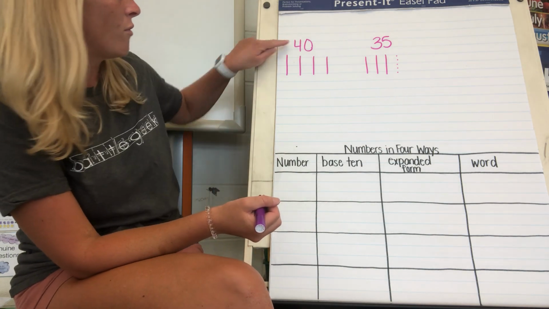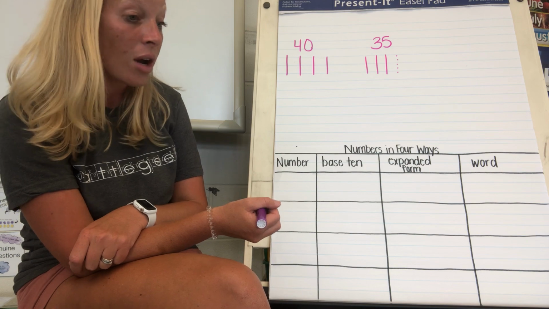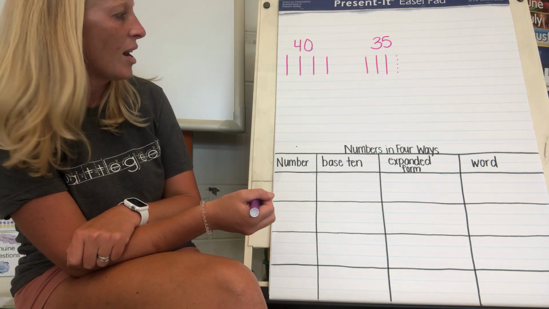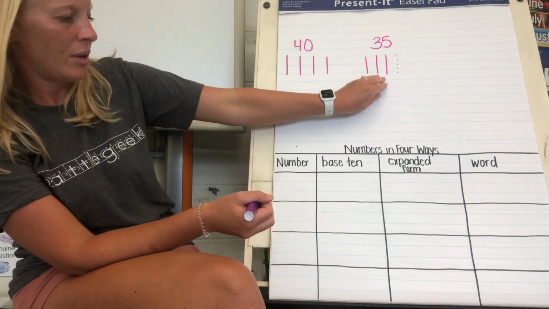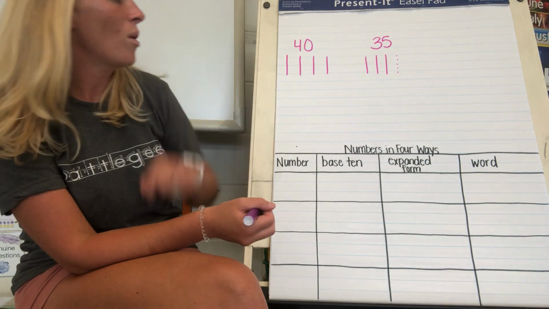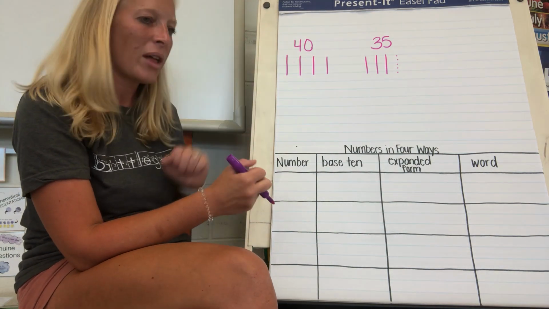So you had 4 tens. How many ones did you have? 0. What about your 35? I saw you writing that. 3 tens. How many ones? 5 ones. With that two-digit number, we have 2 digits, don't we? A tens place